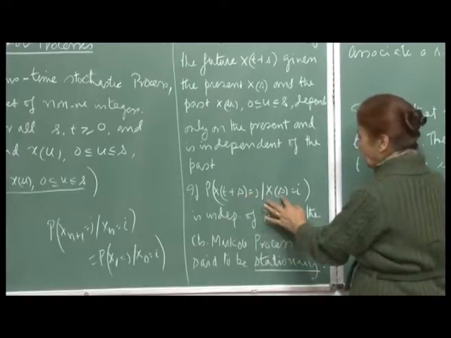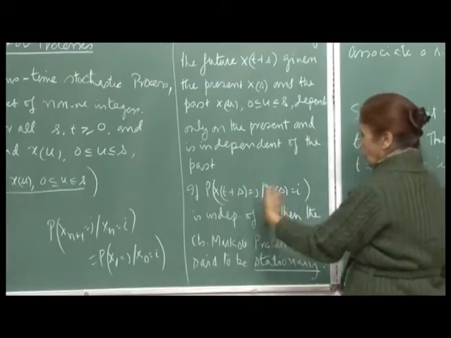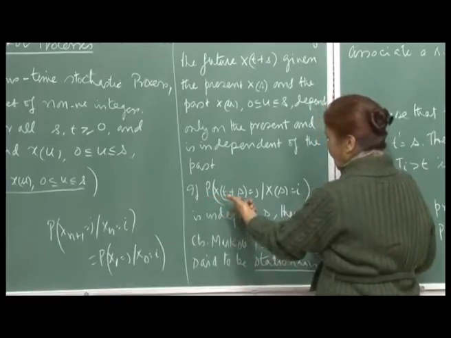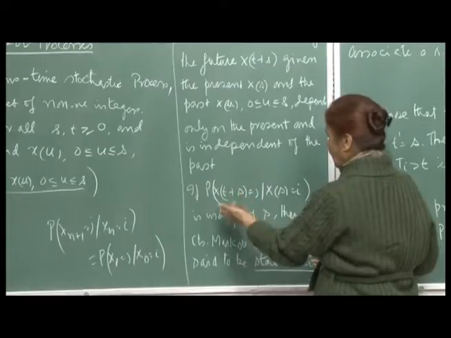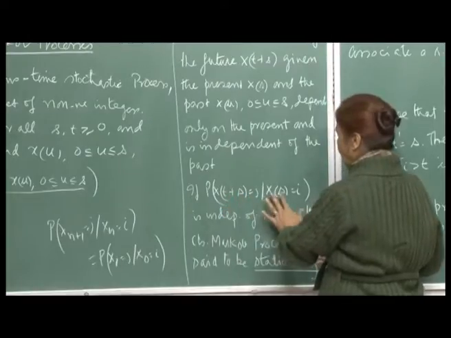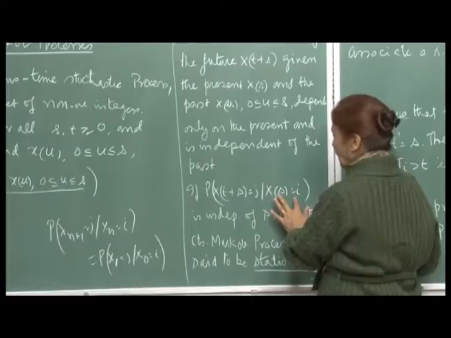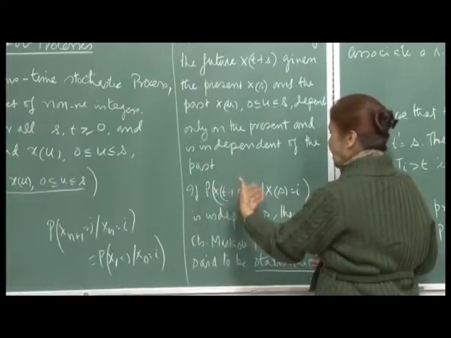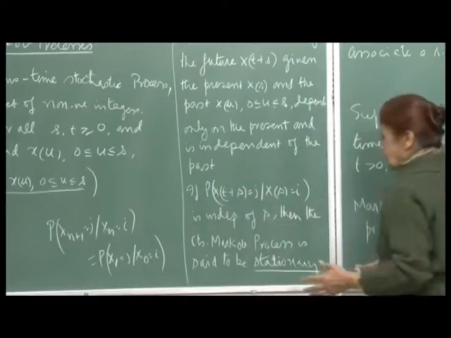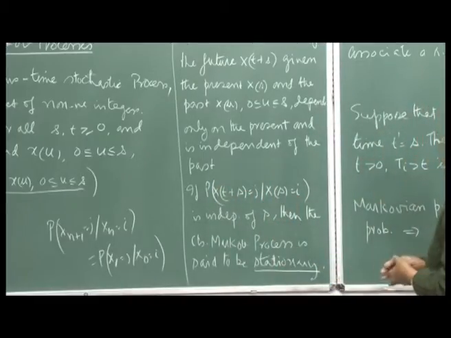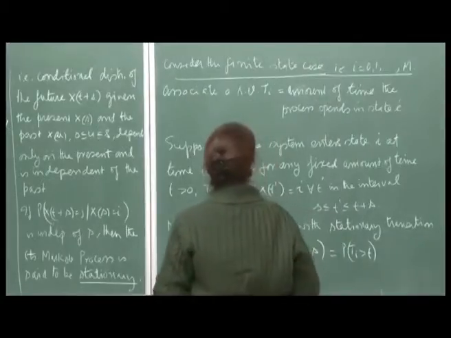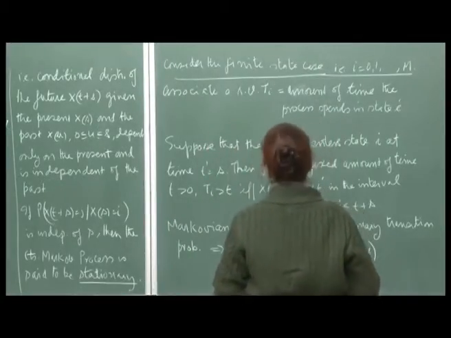So, if this probability is independent of s, essentially you are saying that no matter whether s is the 10th day or the 15th day or the 0th day, it does not matter. If on the 0th day the system is occupying state i, then at X(t) it will be j, and this will be the same no matter what time s takes, right. So, if this probability is independent of s, then we say that the continuous Markov process is stationary. Okay.